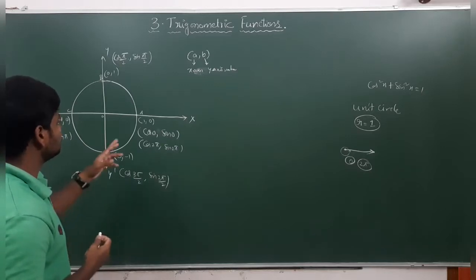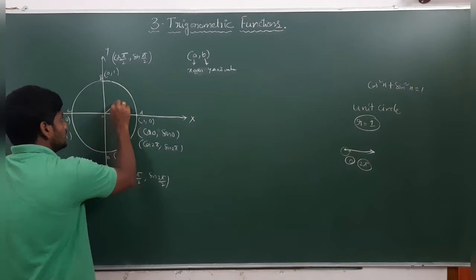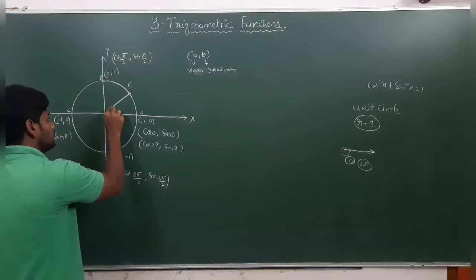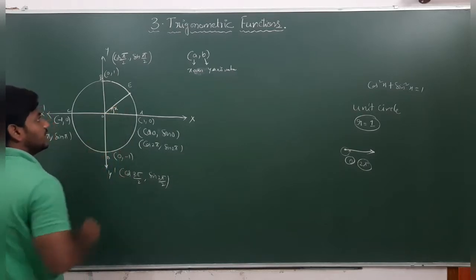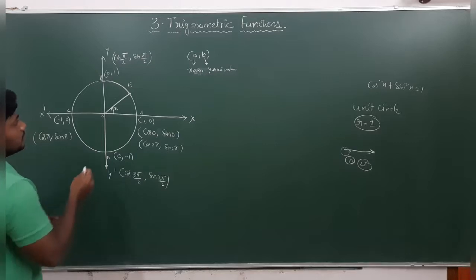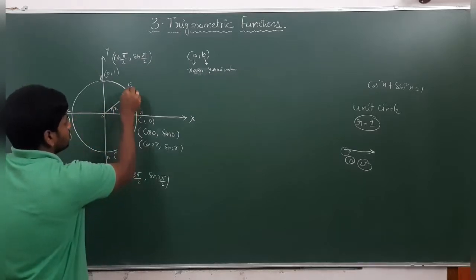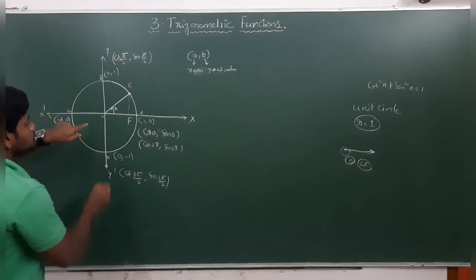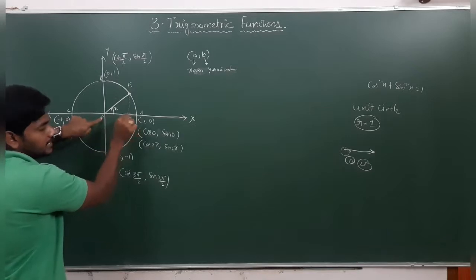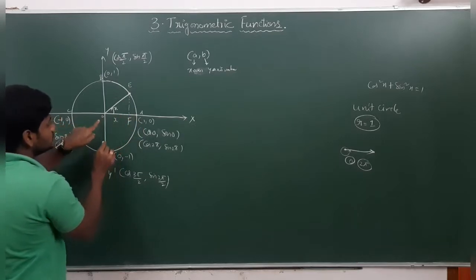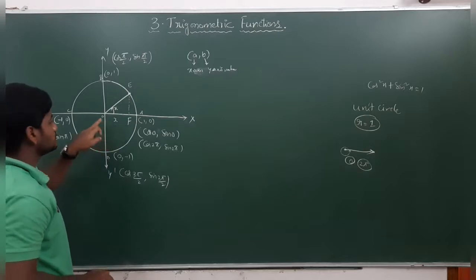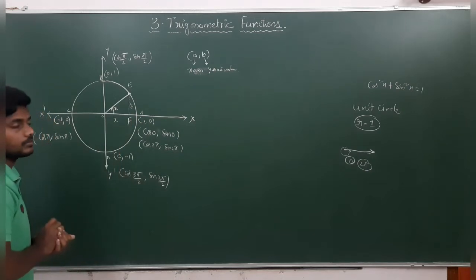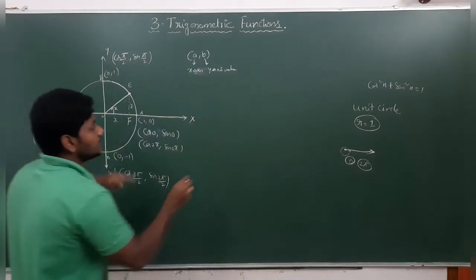Now instead of that, with some angle I will consider a point. That point may be E, you consider, with an angle x. If you observe this, I will drag from that point E to F. As point O, F is on the x axis, I will consider the distance from O to F as x. From F to E, this I will consider as y. So it forms a right angle triangle, right?